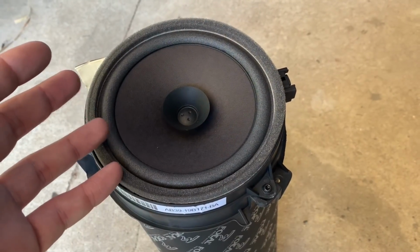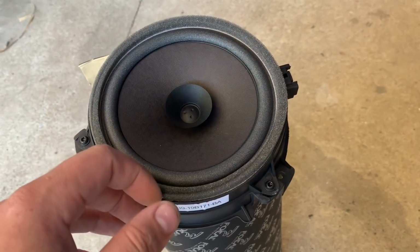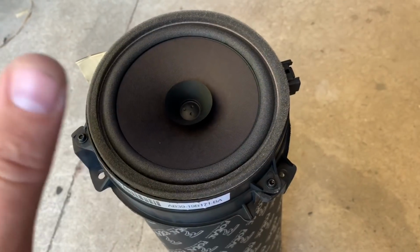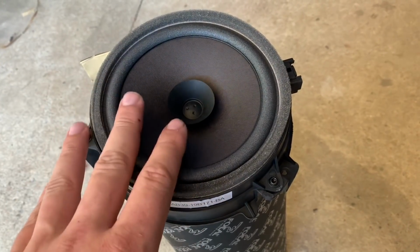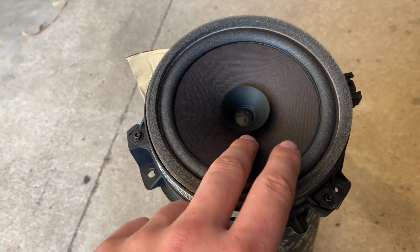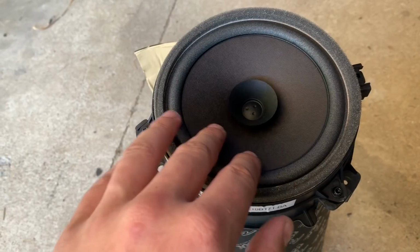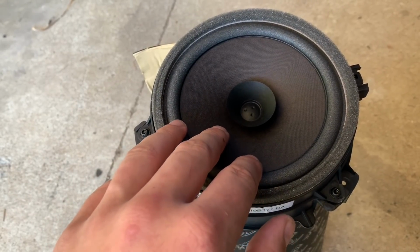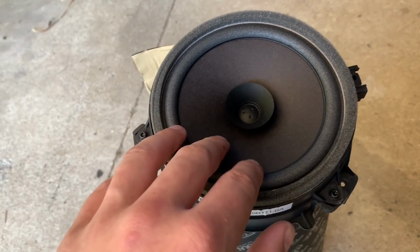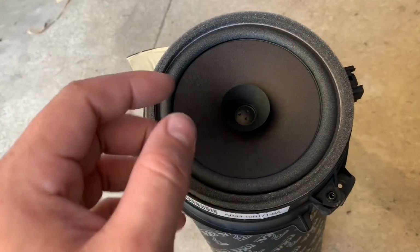The other thing is, people then go out and buy your $50, your $100 speakers to replace these, and I'm like, you're downgrading it so much. Unless you're spending, unfortunate to say, $300 or $400 on a pair of good quality speakers, where the face of them is made from either a carbon Kevlar composite, or some made are bamboo, some are their own special blends of different types of plastics and polyurethane, sandwiched in between fibers and stuff. And the reason those are the only ones that are going to be better is because